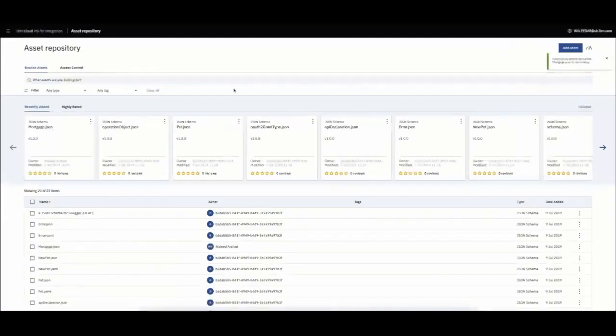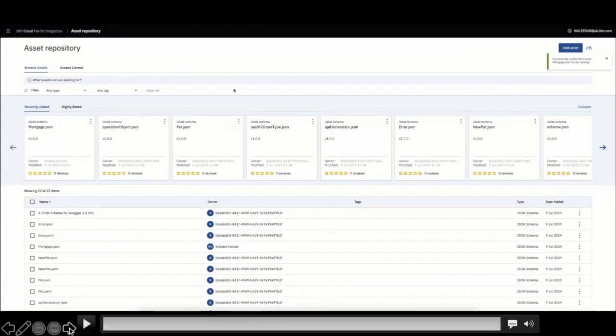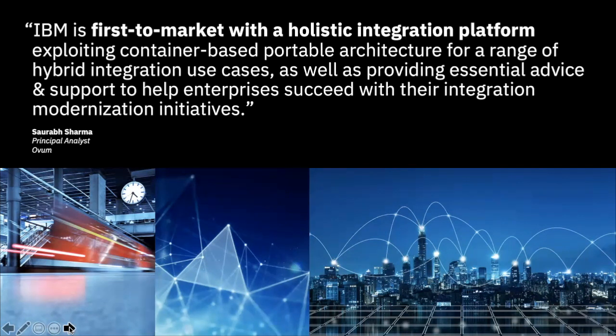And so as we go forward, use of the asset repository offers a reduction of the requirement to build new all the time, because obviously I've got a set of objects that are available to me to leverage. So one of the very exciting things for us with the IBM Cloud Pak for Integration is that not only are we one of the first to market with a full hybrid integration platform, but we've got some fantastic capabilities for our clients that really provide a means to modernize, as we talked about, your integration, not only for those who have used IBM products, but for anyone who is really driving towards speed and cost savings in their integration